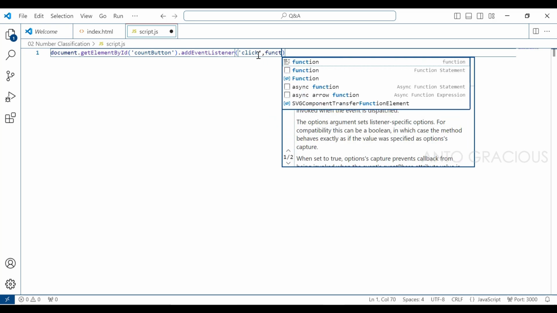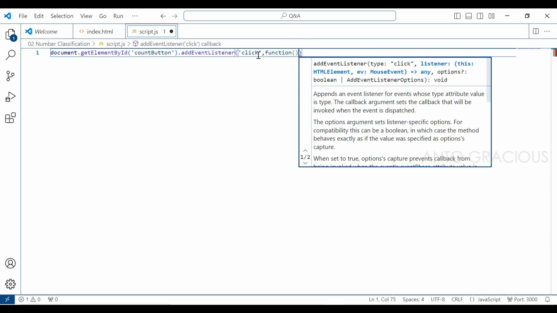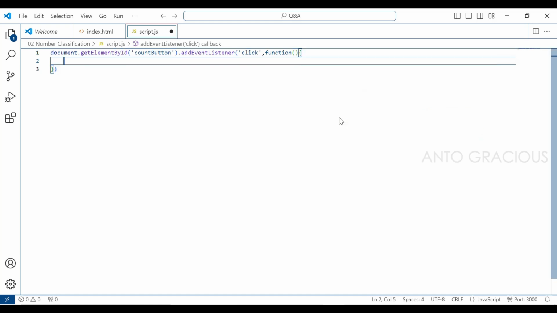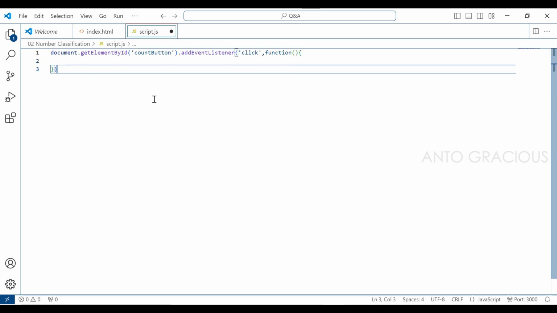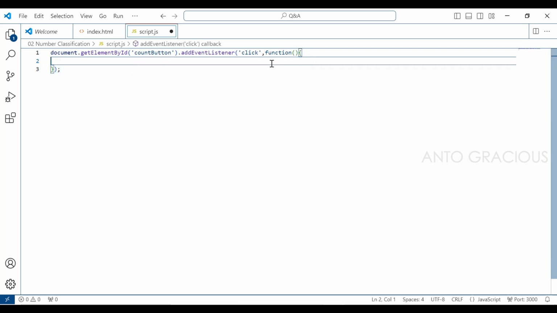So we are going to include a function here. Within this function, all the operations will be taking place. Since it is given as a function, we need to close it by using a semicolon. Here we are getting the element by its id, and we are adding an event listener,